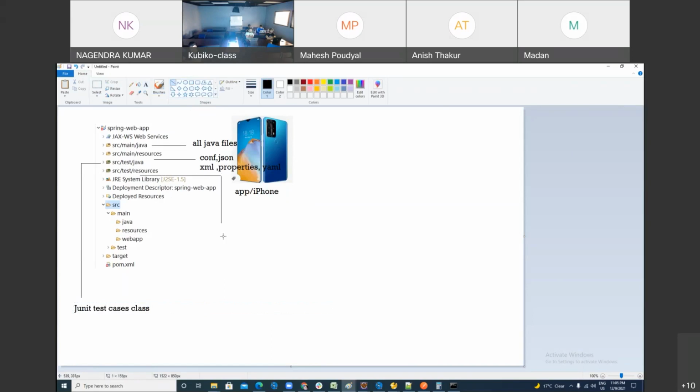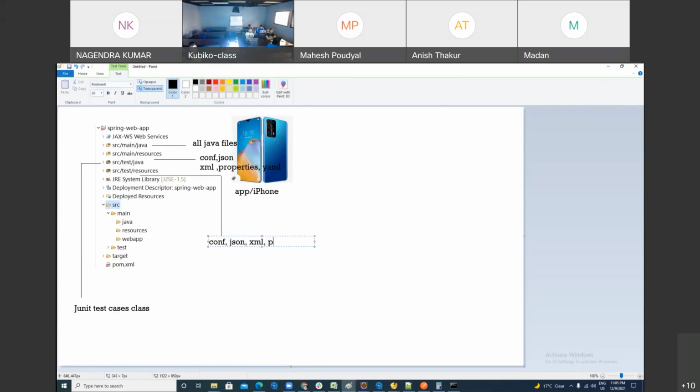And src test resources: in this, you should keep configuration files, JSON files, XML files, properties, etc. used only for JUnit. I hope I'm making myself clear.